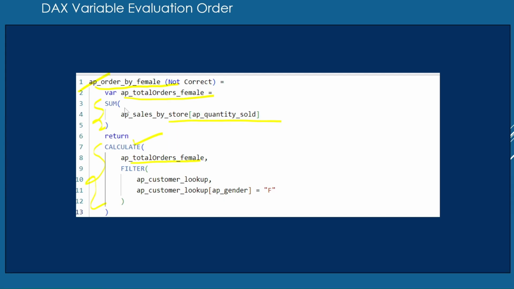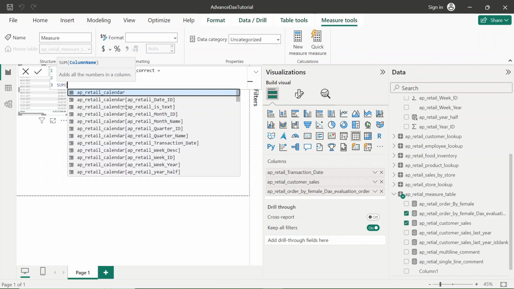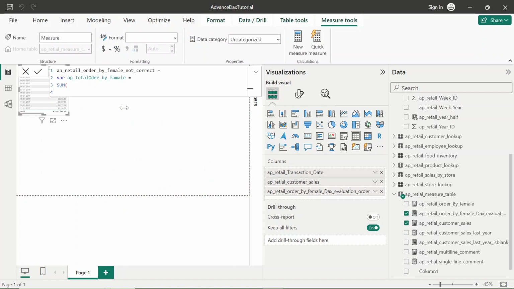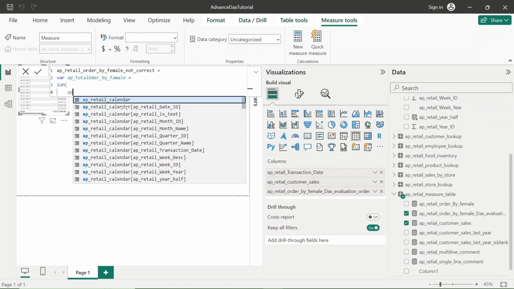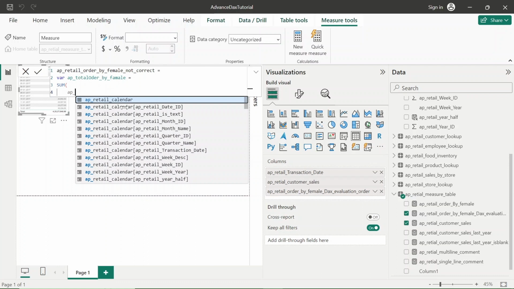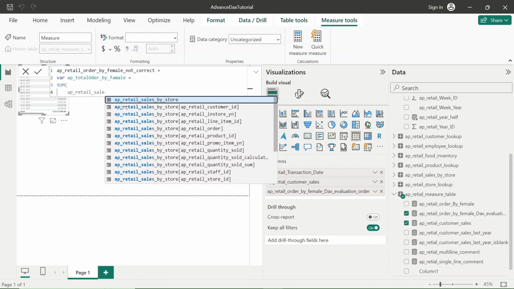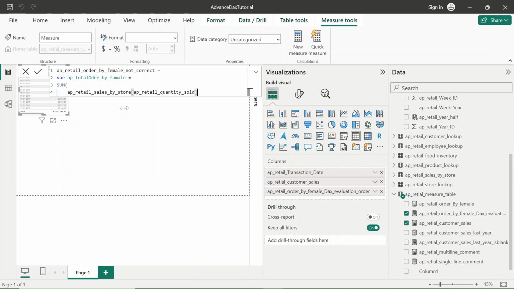We are calculating with the help of a sum, and we are adding or summing the AP retail. This is the column which we want to sum,